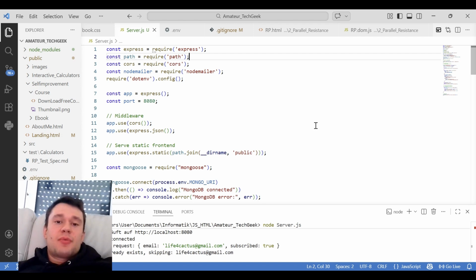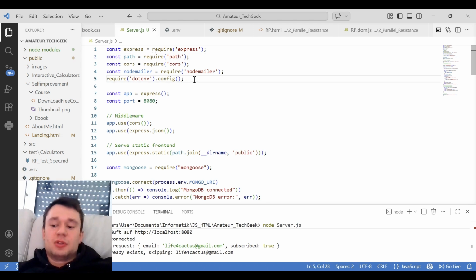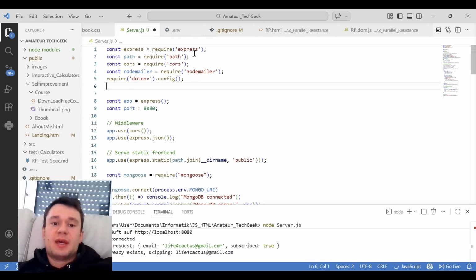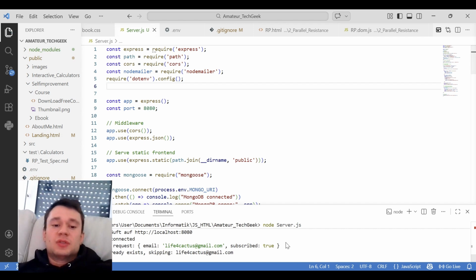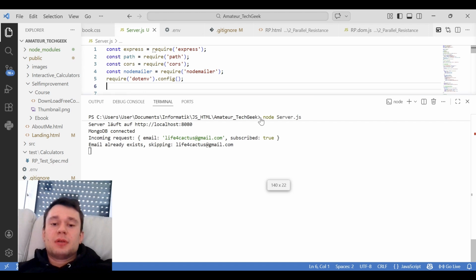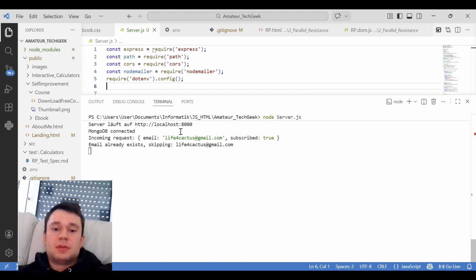But now my problem is I have still not thought about the security of my backend. So I would really like to increase security in my backend, and I want to show you guys how to do this today. I think the most critical part about our website is